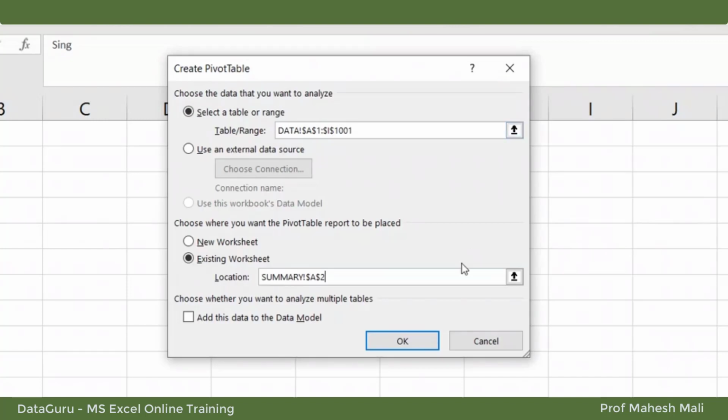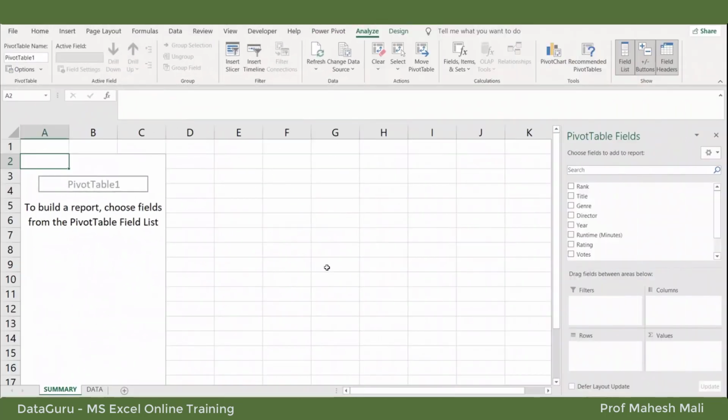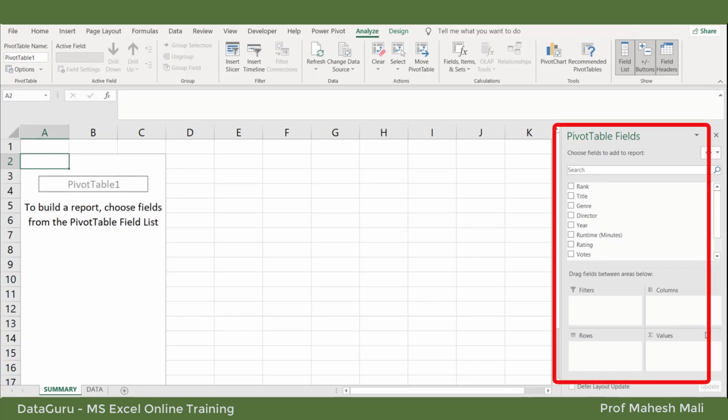So I'm going for this particular worksheet. I'm not creating a new one, but using the same worksheet, the summary sheet. Here my pivot table is in place, and you can see all the fields over here.